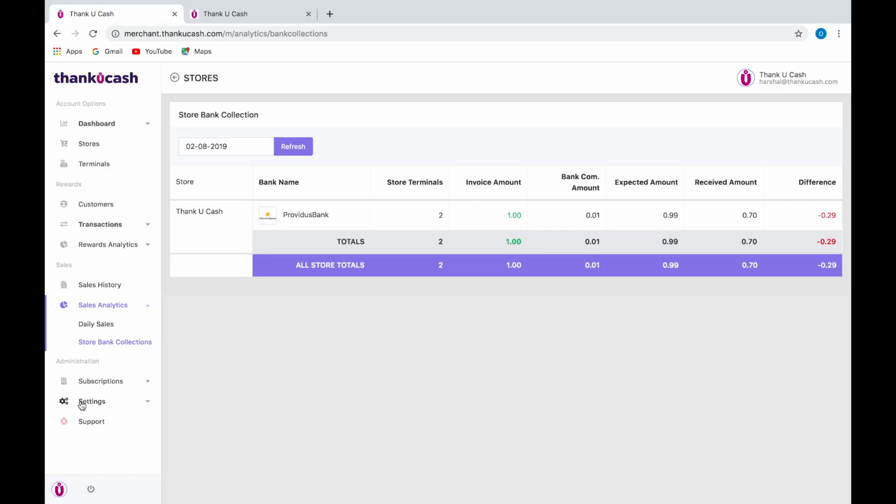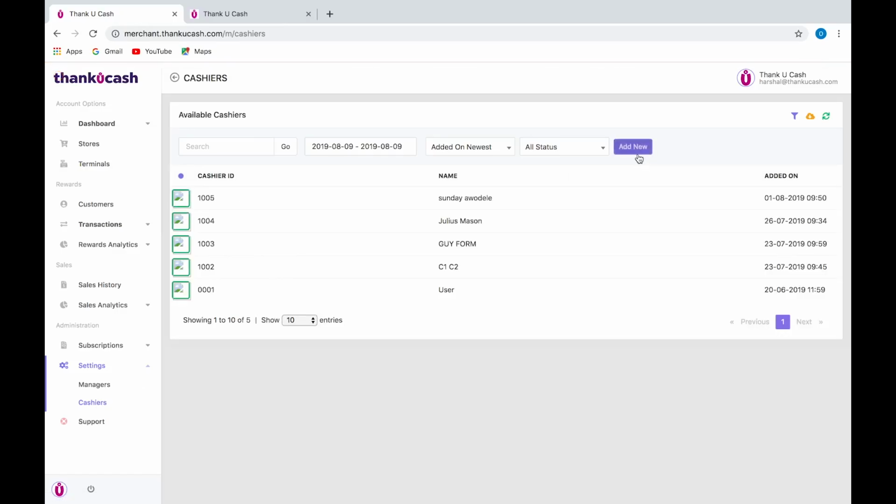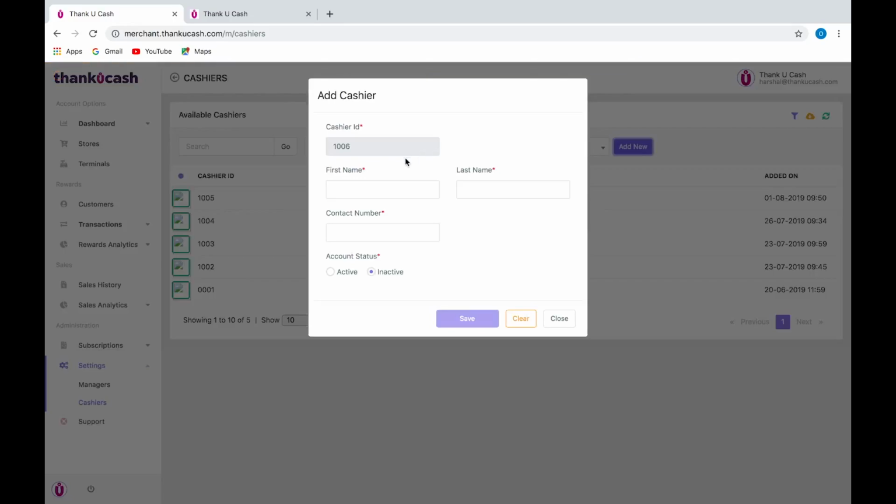But the final thing we need to know is the settings. Now the settings is something that will be very useful to merchants because it includes the cashier code part of the software. Now when you go on settings, once you click on settings, merchants can now set cashier codes for each cashier at every POS terminal of every store nationwide. All they have to do is click on cashier code. Now when you click on the cashier code, it automatically generates a code for your cashier, sort of like a staff number. It generates a code for your cashier, and then once you click on add,